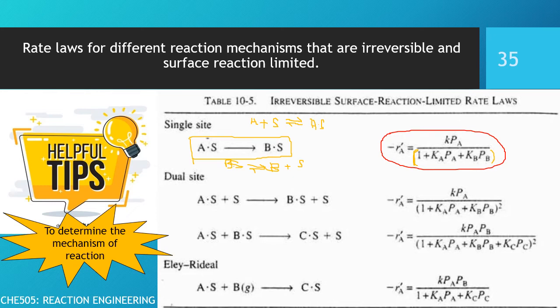Again, first look at the numerator. In the numerator only A appears, so it means only one reactant is involved. But when we look at the denominator, there is a power of 2. When there is a power of 2, automatically it is a dual site mechanism. Then after looking at the power of the denominator, look at the species involved. Only species A and species B, meaning that A we know as a reactant and B is the only